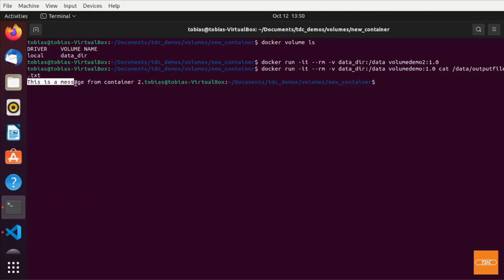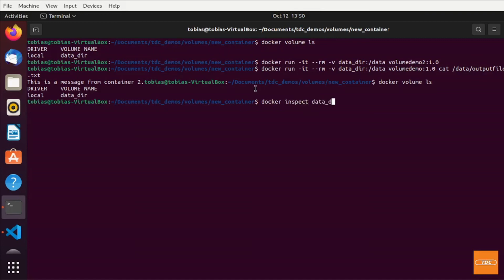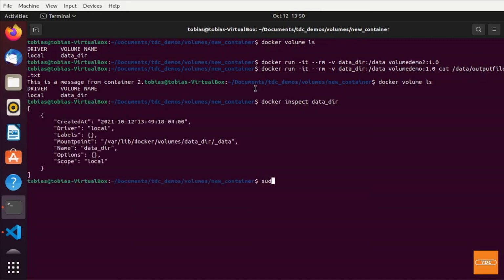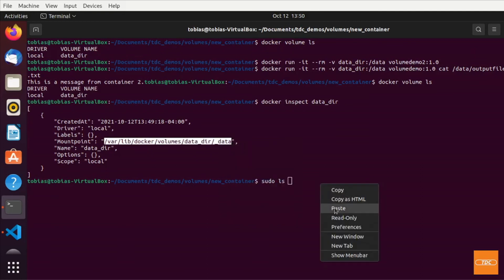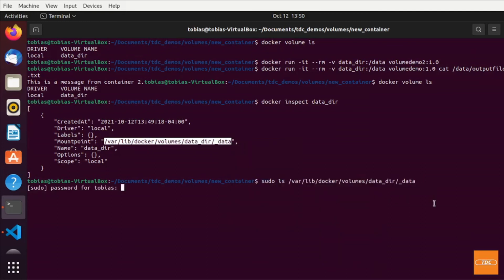And look here, it says this is a message from container 2. This is really good. I like it a lot. Now let's go ahead, and we can also verify in a different way. So we do a docker volume ls, and then we do a docker inspect on the data directory, and then we can do a sudo ls, and then we can take a look in here. And we paste it in here. And if we run this,